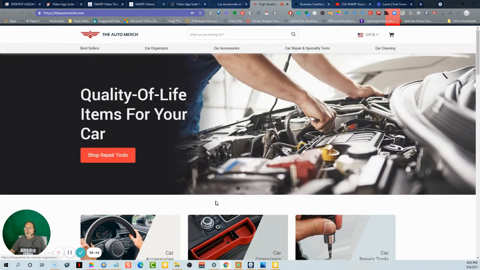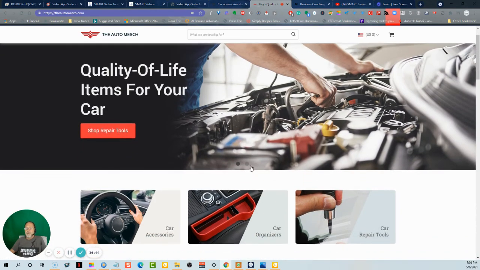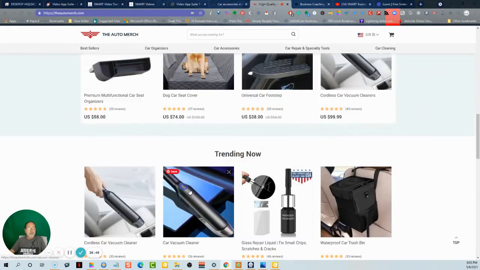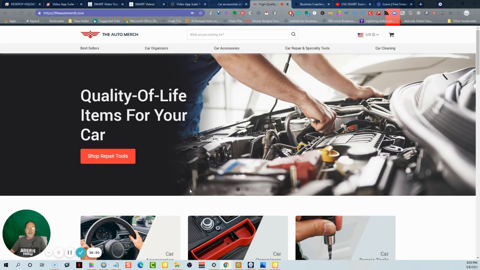So this is a nice looking store. Definitely something that you can do yourself. You don't need to buy a $300 store. You can buy the plugin and do it yourself, and be up very quickly. Or there's ways to get that without even a plugin. A little more work.